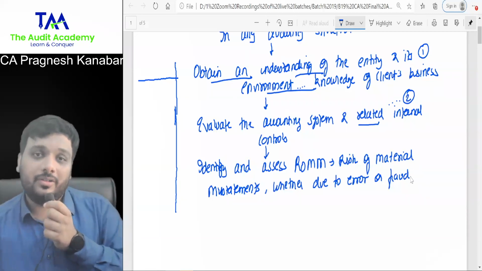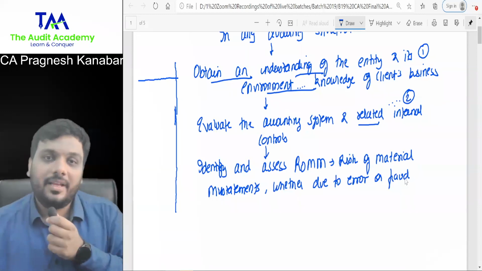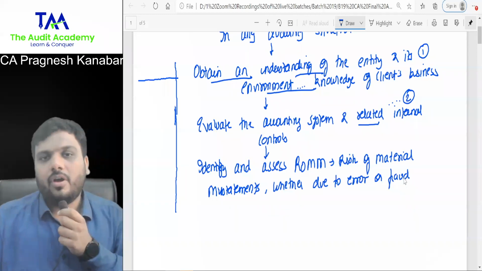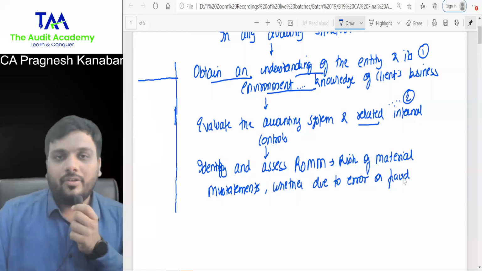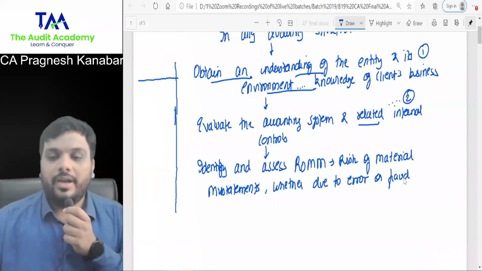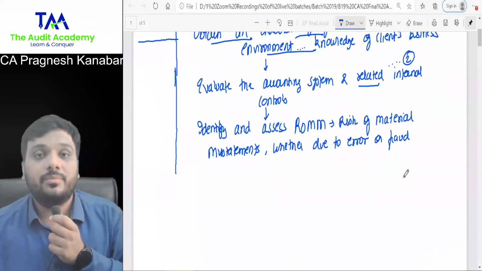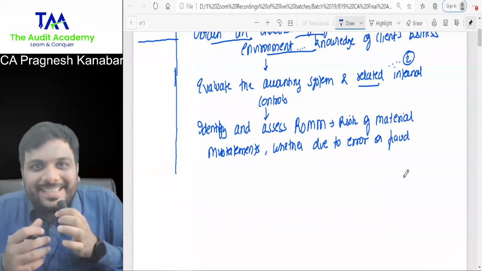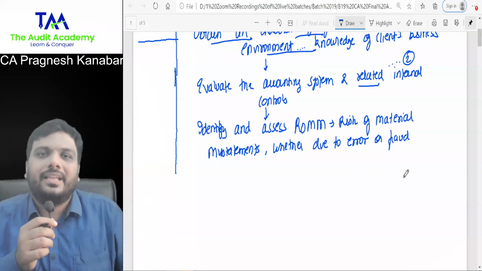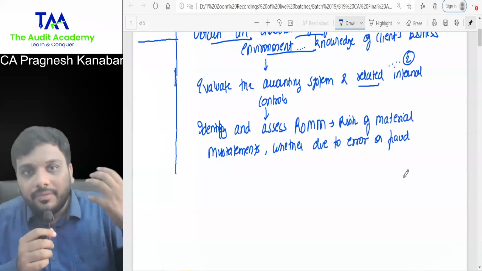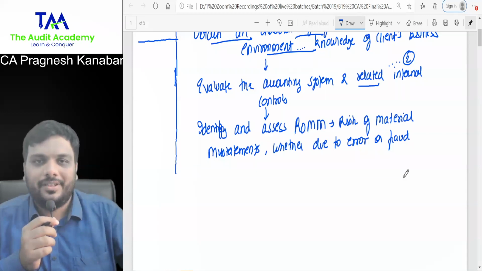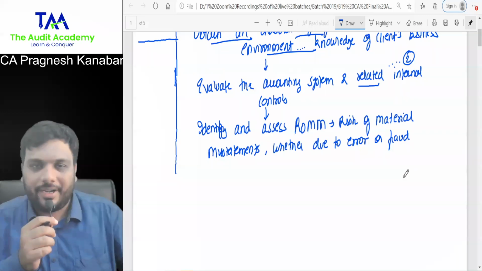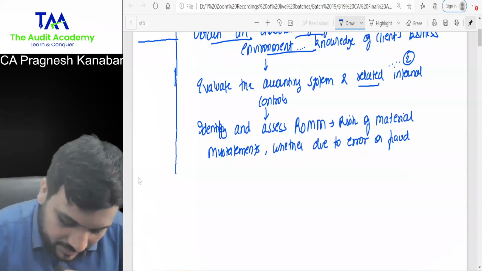What can go wrong? How much can go wrong? Where there could be error and where there could be fraud. So identifying and assessing risk of material misstatement, whether due to error or fraud. And once we are done with this, then we can finally decide what we are going to test, how much we are going to test, when we are going to test that. All right. So after we are done with this,